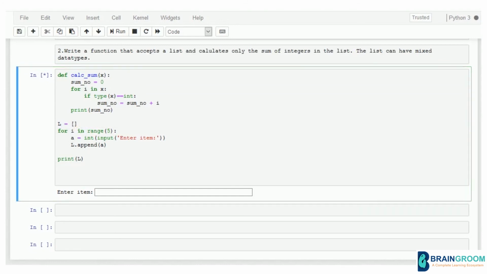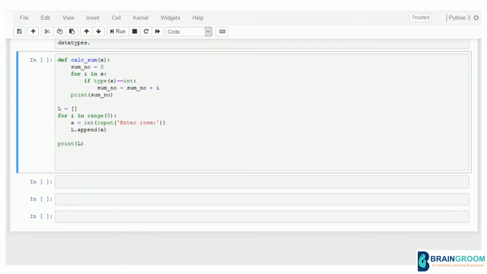It creates an empty list, and then it performs this task of obtaining the input. Say enter item hi. Actually we don't need this int step because we are obtaining the list as it is, and inside the list we are checking if we have an integer, then we add. So there is no need for this step actually. So this obtains 5 items and stores them in a list.